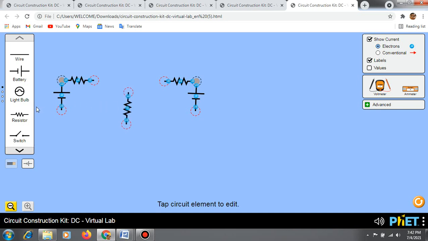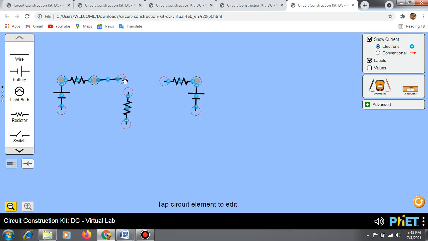Now in order to connect these components, we need connecting wire. So select this wire and click here. Remember that there will be a red circle. Once you connect this component, the red color becomes a black color circle, which means the connection is made perfectly.